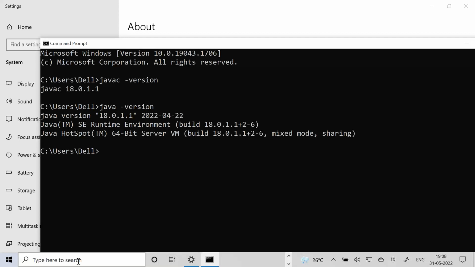If you want to set path environment variable globally for all the users, then you can go for setting a path global to all the users. That is coming under the third approach.